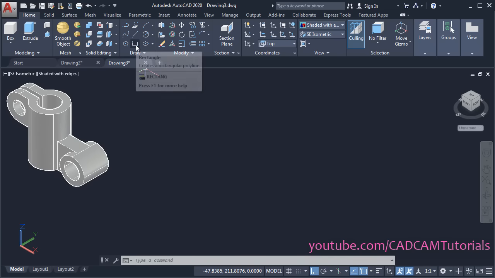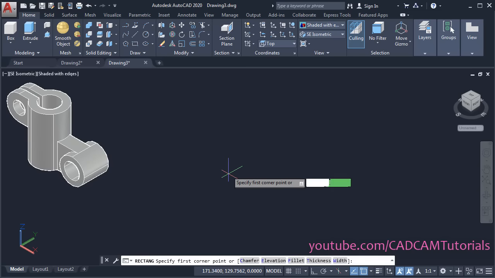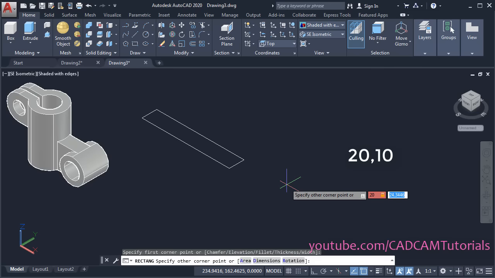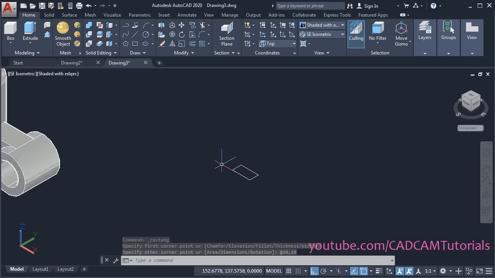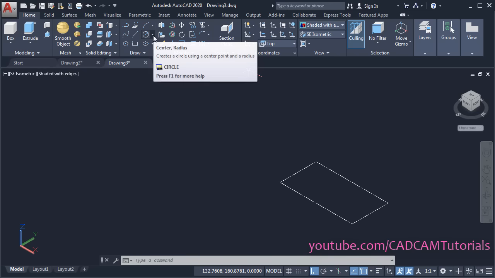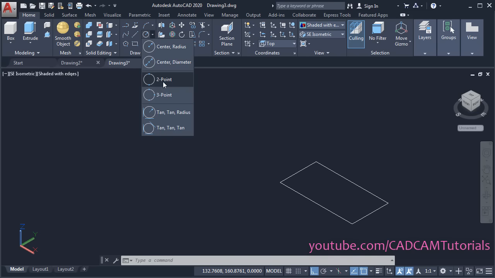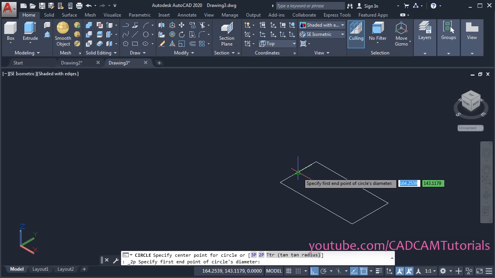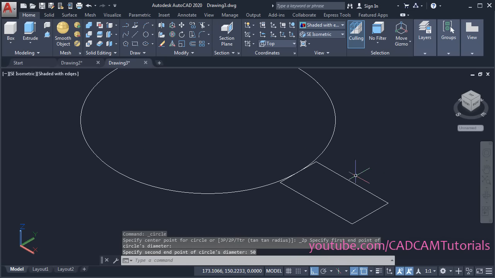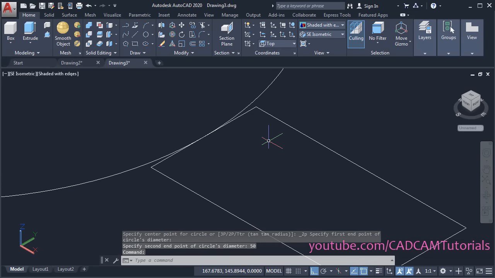Then click on rectangle. Specify base point, take your cursor away, then specify length in x-axis as 20, comma, width is 10, enter, then zoom there, then click on this arrow near the circle and click on this 2 point, then click on this midpoint, take your cursor on this side and specify diameter of 50, enter, then zoom here,